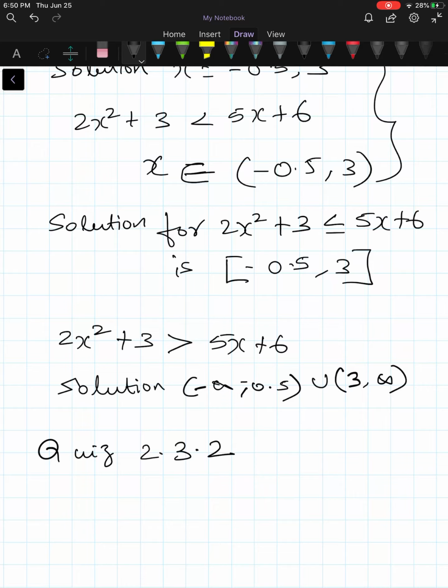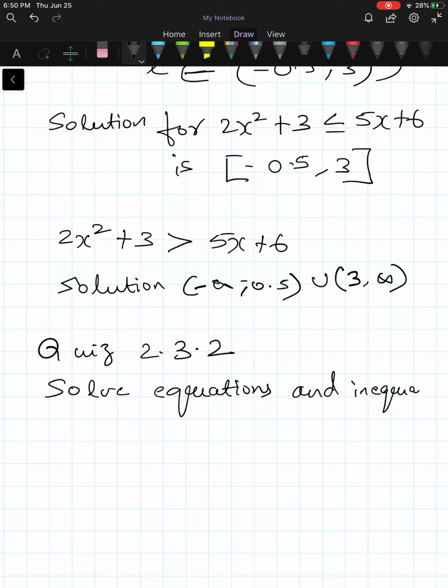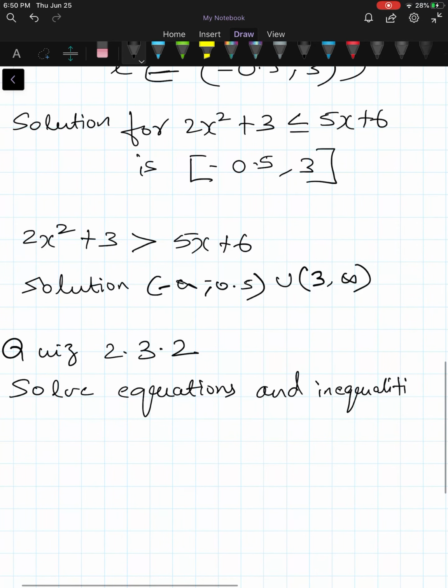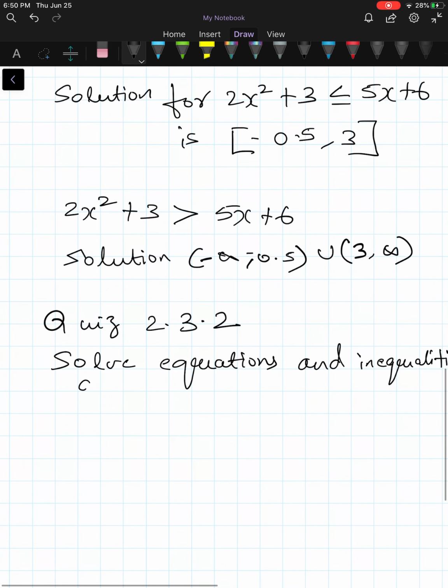Okay, solve equations and inequalities graphically. That is your number 26. You are not supposed to use a graphing calculator for this,